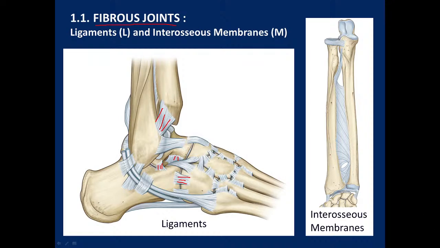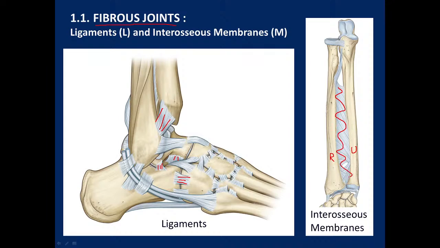Here you see the bone in our antebrachium called radius, and ulna here. Between them we find